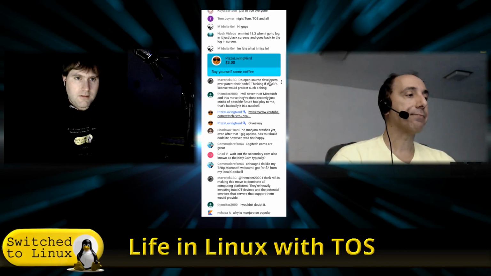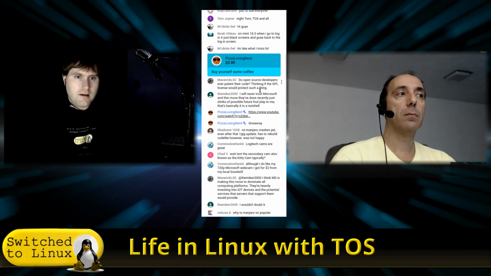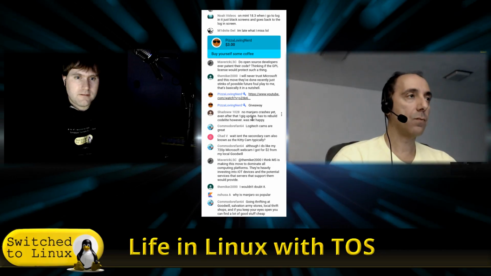All right. Do open source developers ever patent their code? Thank you, GPL licenses. I mean, there's differences. I don't know all the ins and outs of it, but